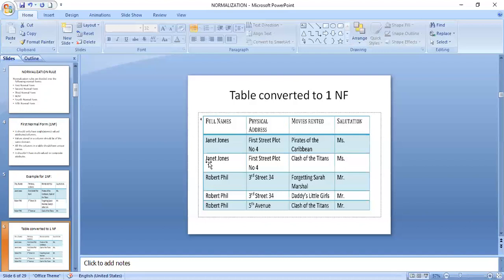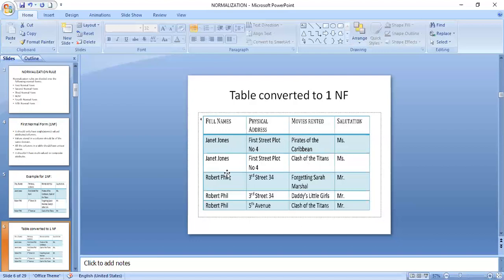The solution for that question is, see, atomic values we need, that is fine. Though the other number is repeated, though the full name is repeated, though the physical address is repeated, and though the salutation is also repeated, the movies rented is different. So when you consider the entire row, the first row is different from the second row, because the fourth column, where we added the other number, has different values.